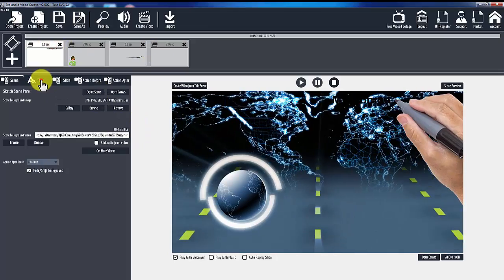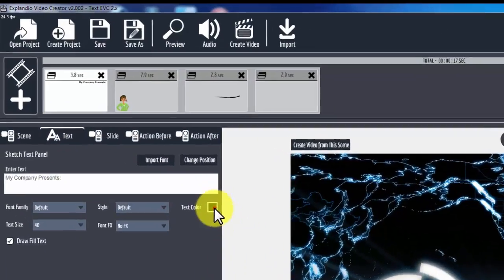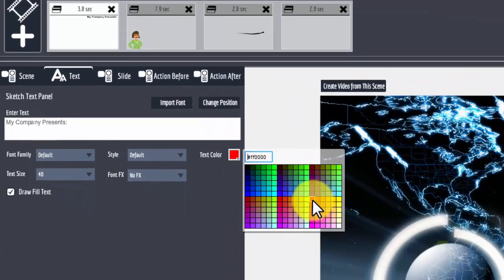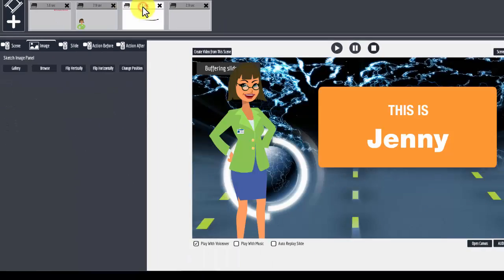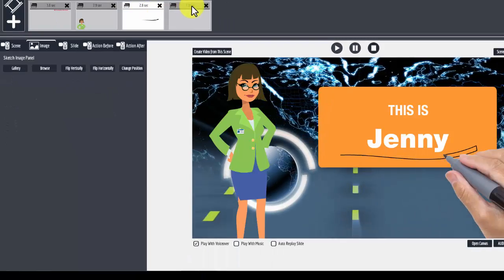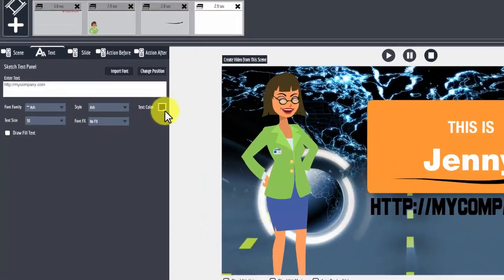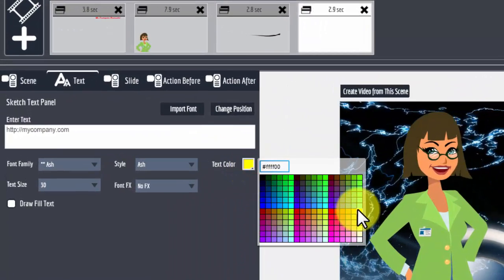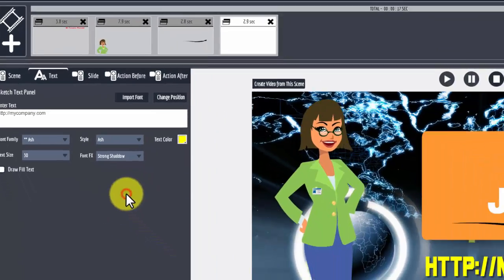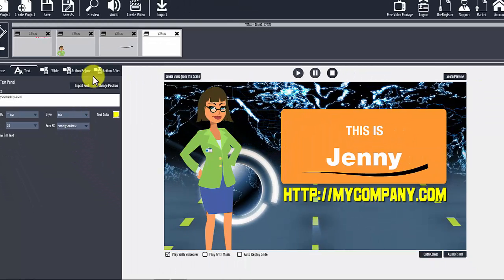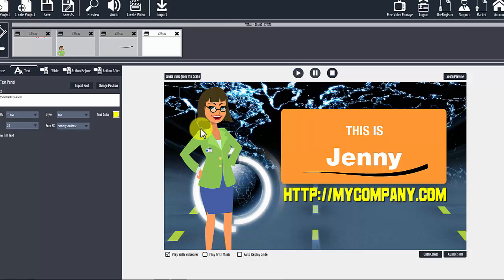so let's click on the text tab. I can't see my text because it's in black. So let's make it red. All right, for that one. And then the switch line is no problem there, but this is going to be a problem because it's coming up black. Let's make it yellow. And let's put a strong shadow behind it. Okay, now that we have a video that's running for the duration of the scene, all 4 of these frames,